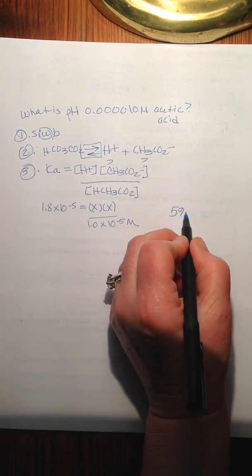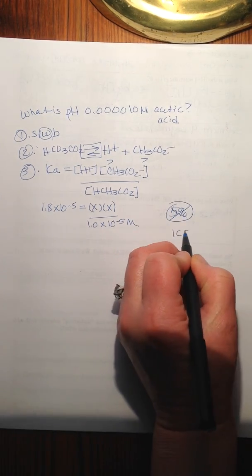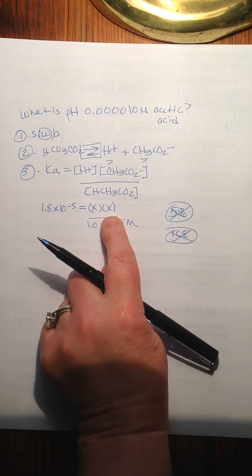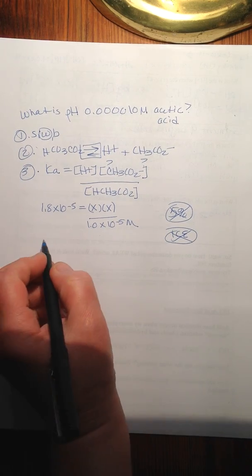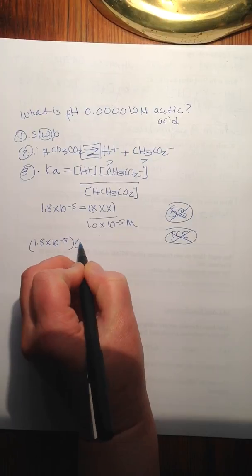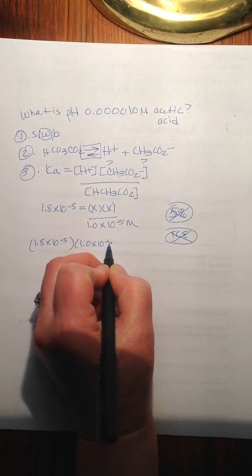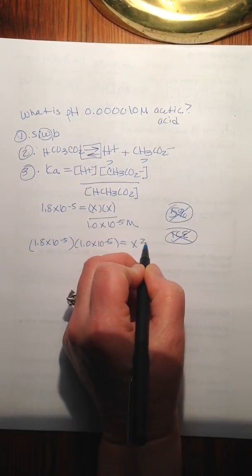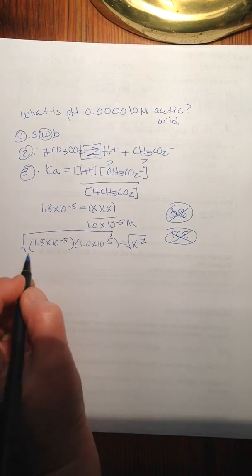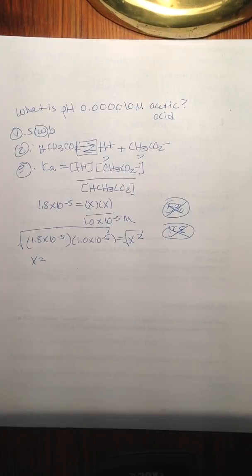We're going to ignore the 5% rule, and we're going to ignore what we call ICE tables, because we don't want to have to futz around with the quadratic equation. But basic algebra tells us if we have one unknown, we can solve this equation. So 1.8 times 10 to the minus fifth times 1.0 times 10 to the minus fifth equals x squared, square root, x equals